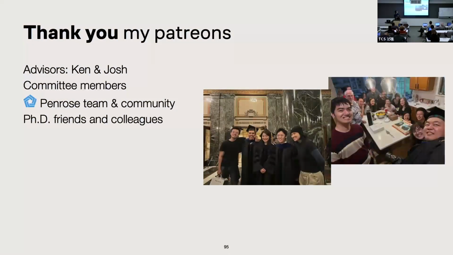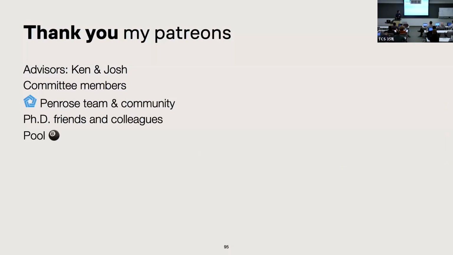Next are the PhD friends and colleagues over the years. I don't really like photos, so I found these two. But if you're not pictured, please don't feel offended. I will make sure that I include your name in my acknowledgement section in the actual dissertation document. So the next thing,